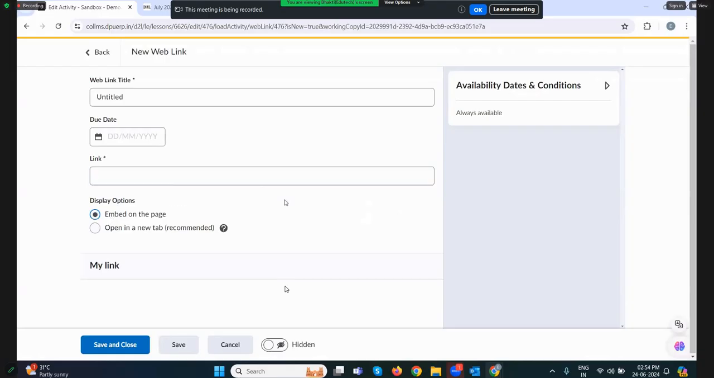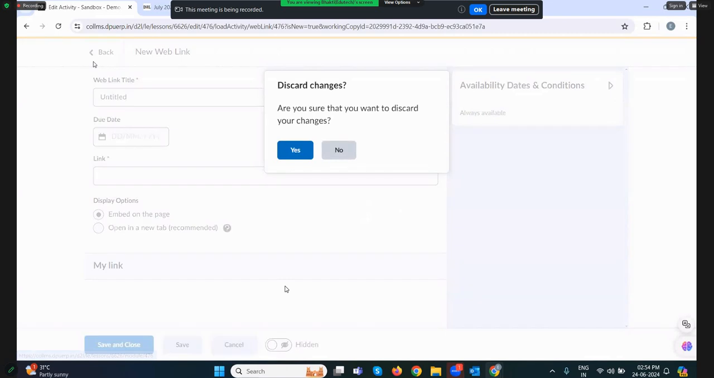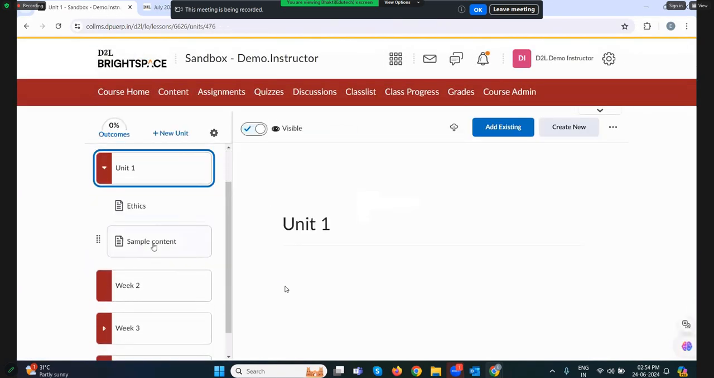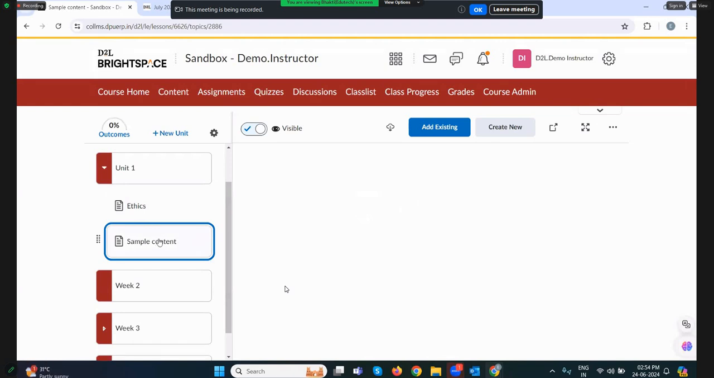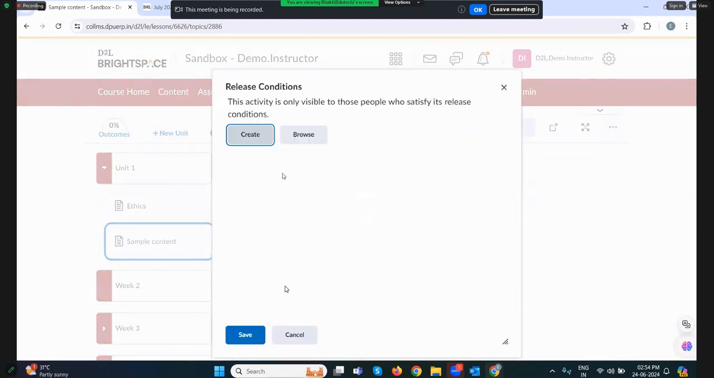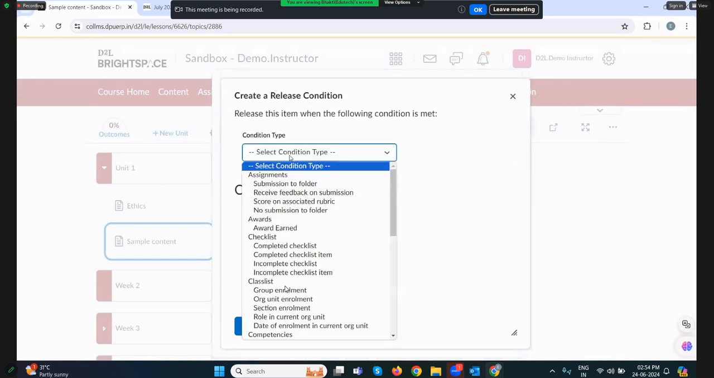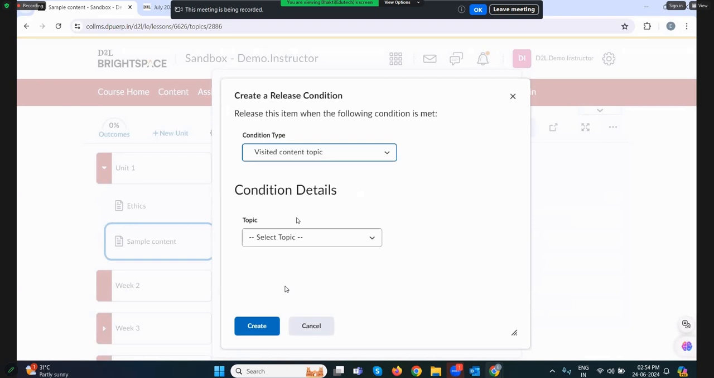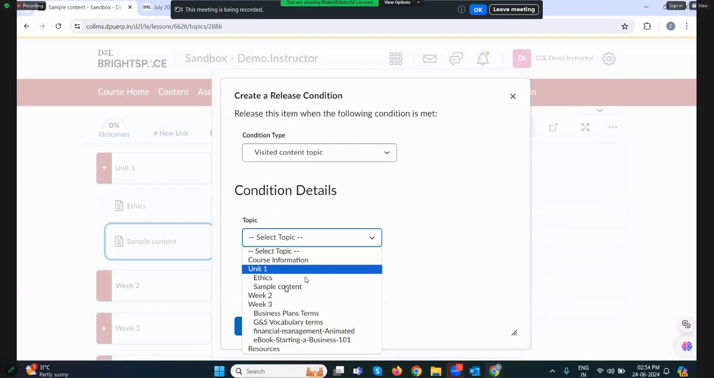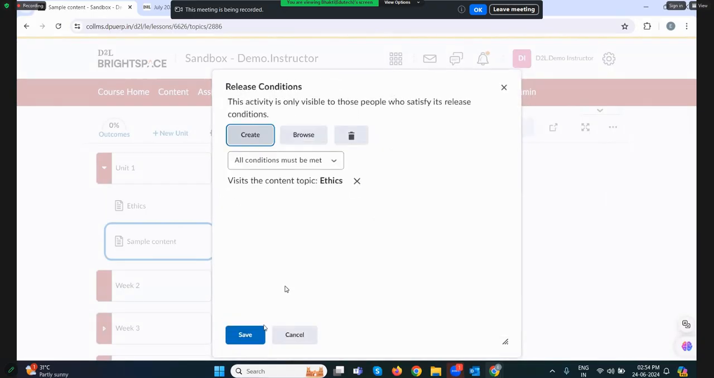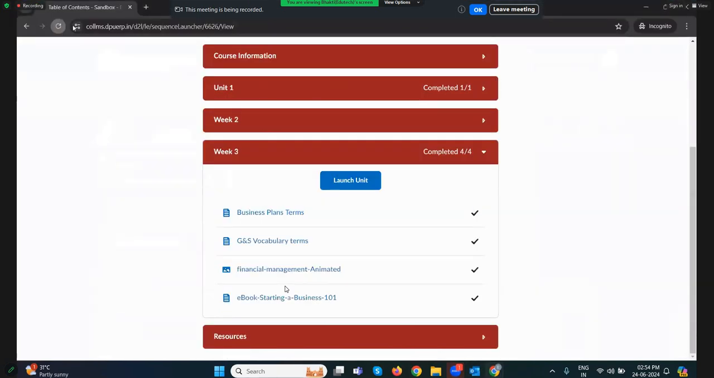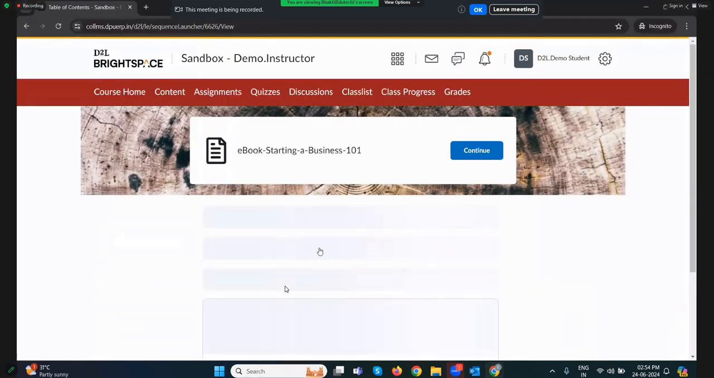on the page. Okay. Now I'm going to put in the user release condition because this is the new fresh content, right? The student has not seen it. I'm going to add in a condition, release condition, create. The file I want the student to see is the ethics, create, save. Okay, if I go to student login now, and if I go,